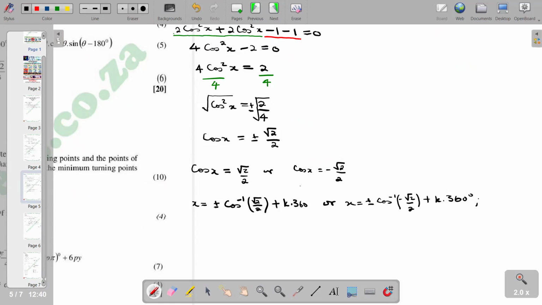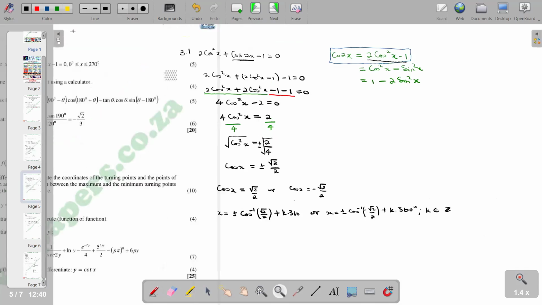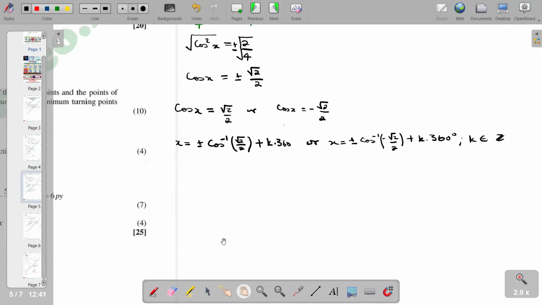Always we have to know that our k is an element of integers. So simplifying this, when you simplify that, it therefore means you have to go and punch that on your calculator. So our x will be equal to